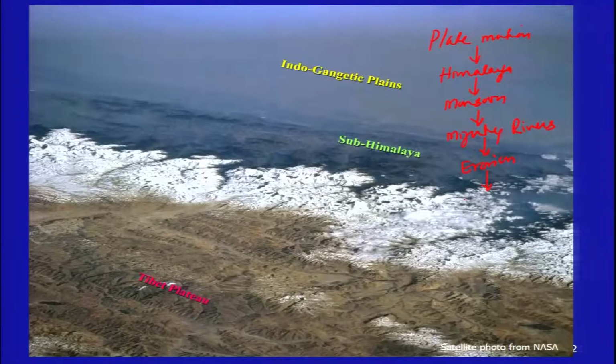We got a fertile land, and this fertile land is your Indo-Gangetic plains. So you can understand what the benefits of the plate motion and plate tectonics are, but at the same time, one of the major disadvantages is earthquakes,